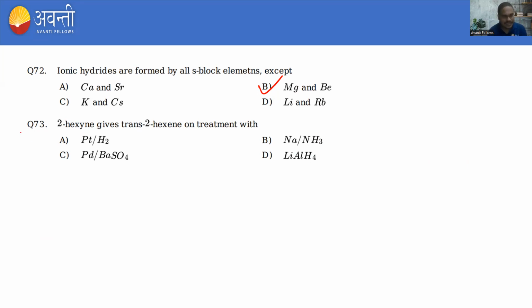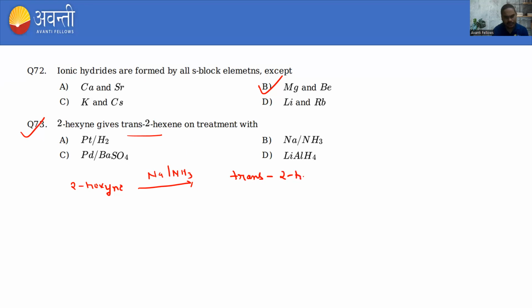Okay. Chalo. The next question is: 2-hexyne gives trans-2-hexene on treatment with. So we have 2-hexyne, right? So we have 2-hexyne, that is hexyne, and on treatment this will give trans-2-hexene on treatment with which of the following. So let me tell you one very important concept here. Whenever they are treated with Na/NH3, they will produce